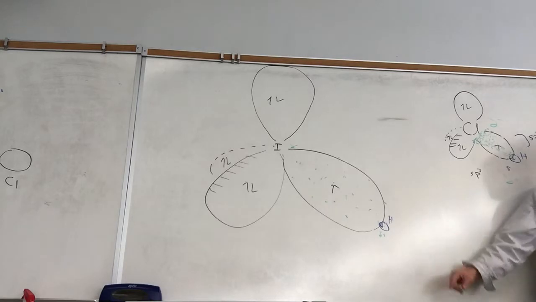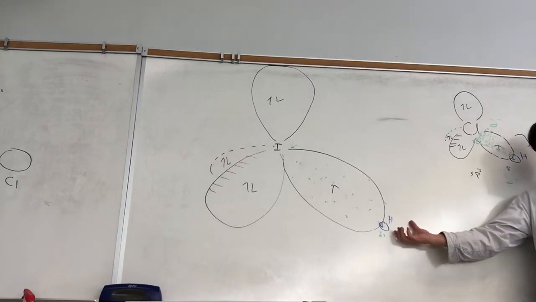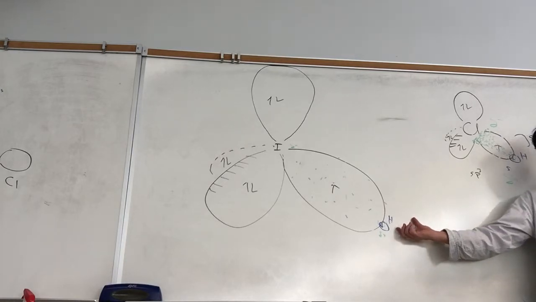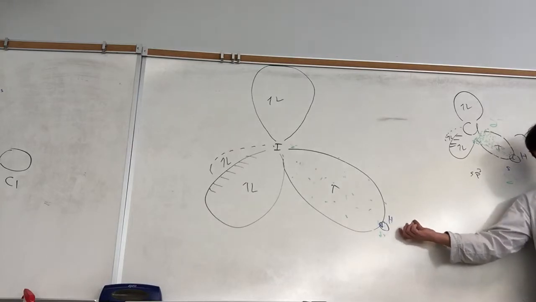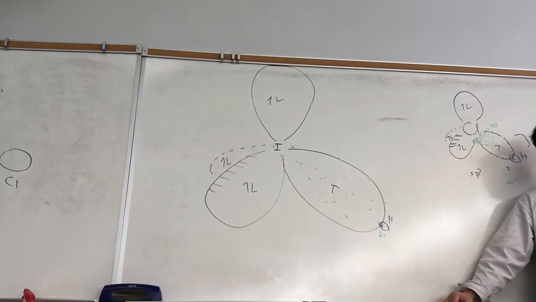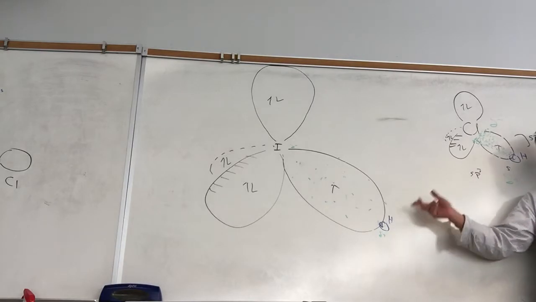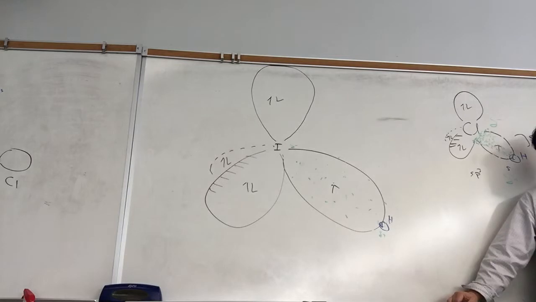HI is not as reactive, so if there's a collision here or a base comes and attacks HI, the traction isn't as strong, but to pull the proton off is a lot easier, right? There's less work. And so the reason HI is a better acid is, you would expect HCl to be a better acid, but the reason HI is a better acid is because